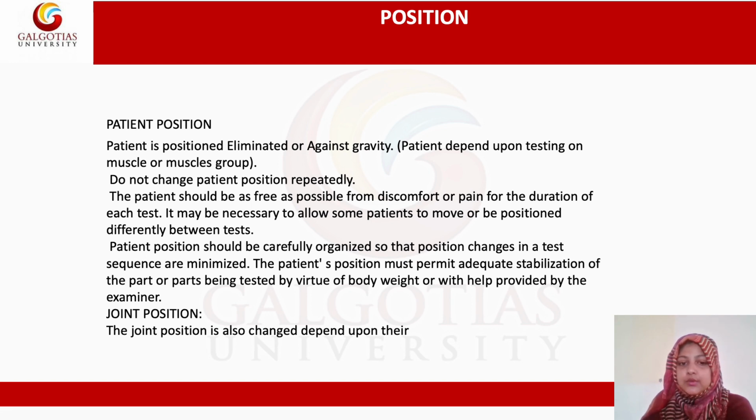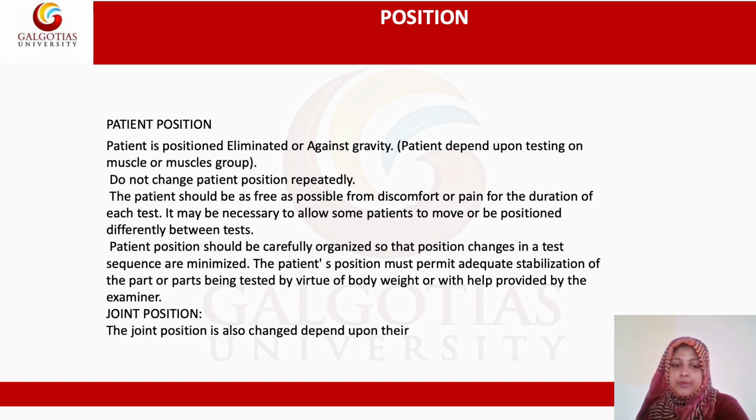It may be necessary to allow some patients to move or to be positioned differently between tests. Patient position should be carefully organized so that position changes in a test sequence are minimized. The patient's position must permit adequate stabilization of the parts being tested by virtue of body weight or with the help provided by the examiner.